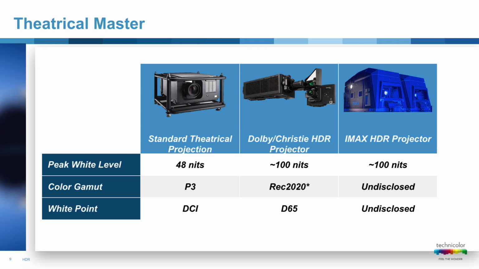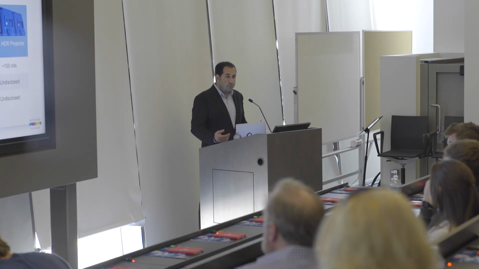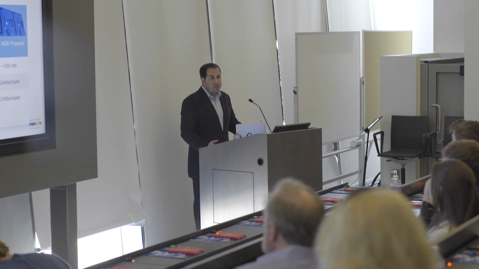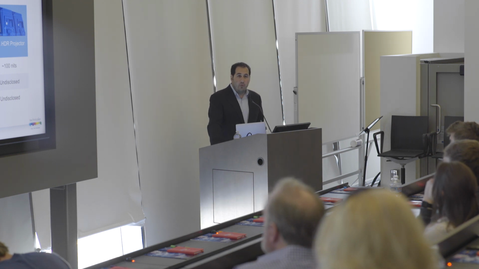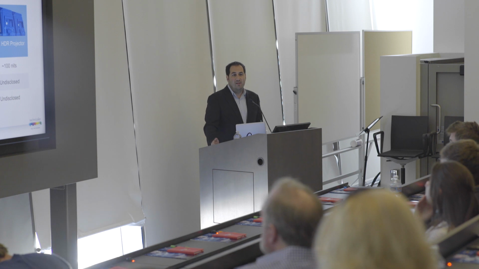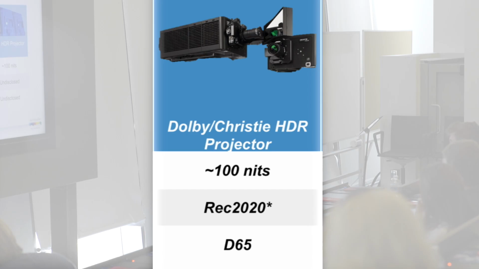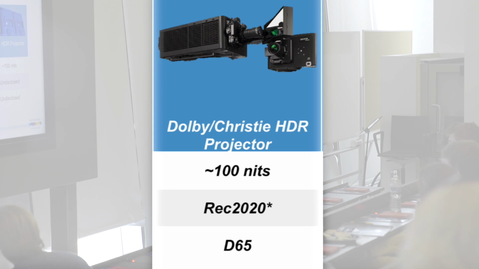As we move to high dynamic range in the theater, it's actually a little bit more confusing because there is no standard yet. So as theatrical projection moves forward, right now in the marketplace, there are kind of two potential different paths. And both effectively have to be respected because they each have their own numbers of theaters in the marketplace. So if we look at the Dolby Christie projector, so Christie worked with Dolby to create a high dynamic range projector, it basically hits around that 100 nit target.